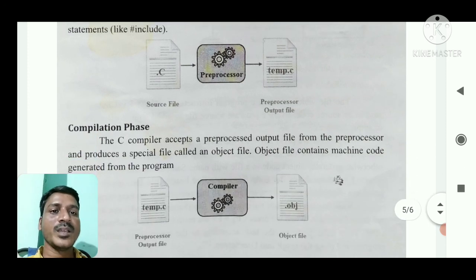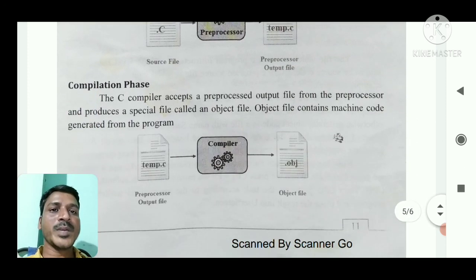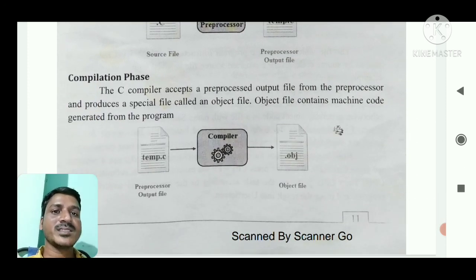Okay, so already I explained the compilation phase. The compiler accepts the preprocessed output file from the preprocessor and produces a special file called the object file. The object file contains machine code generated from the program.